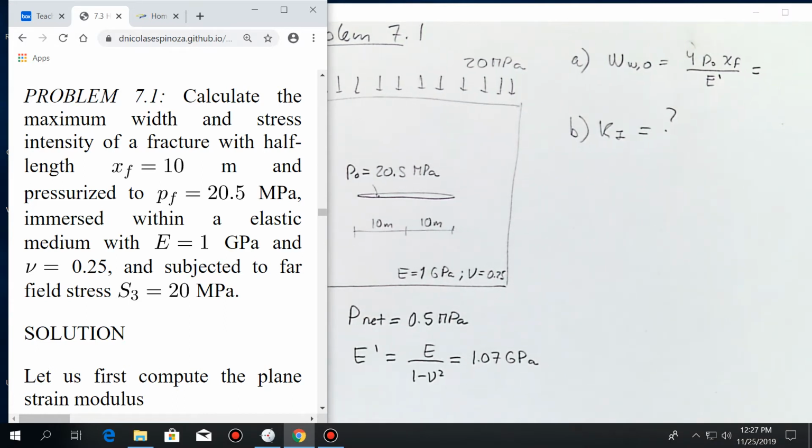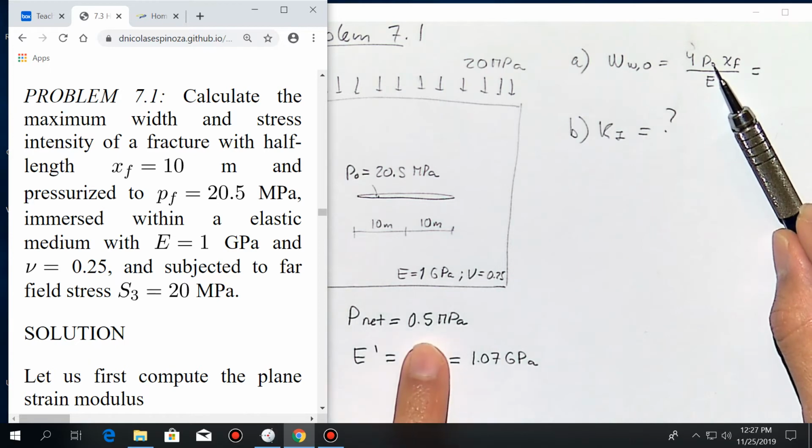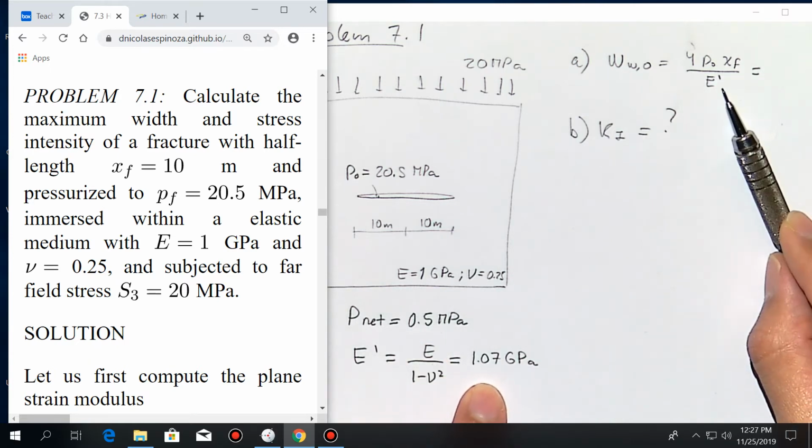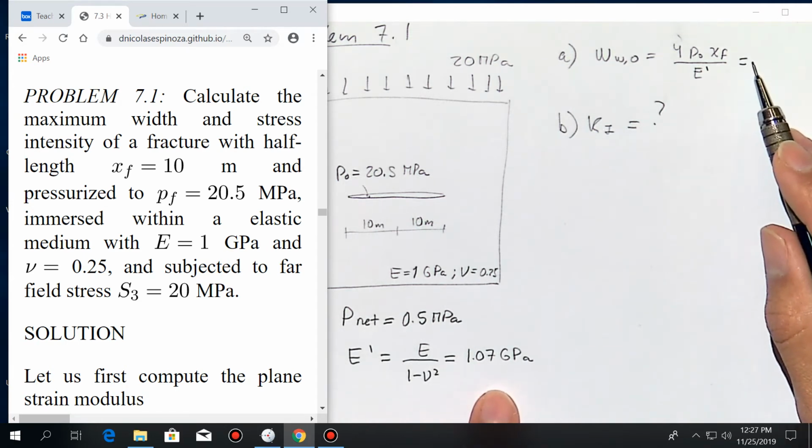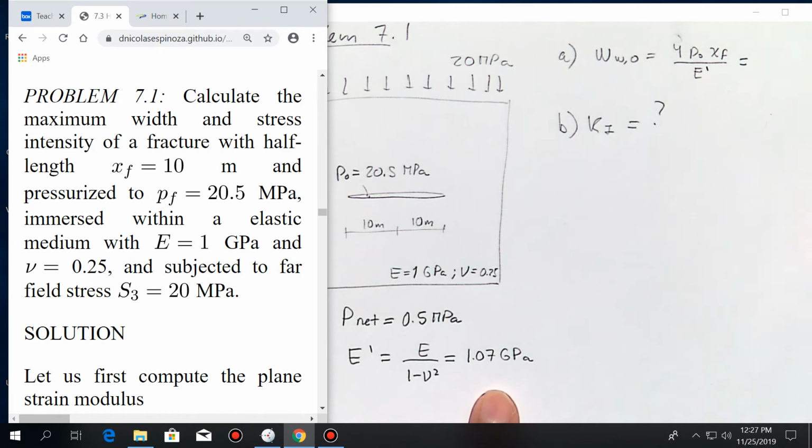Be careful with the units now, because your pressure here is in megapascals and your plane strain modulus is in gigapascals. So, was the number using the correct units or not? No. Okay, so this should be